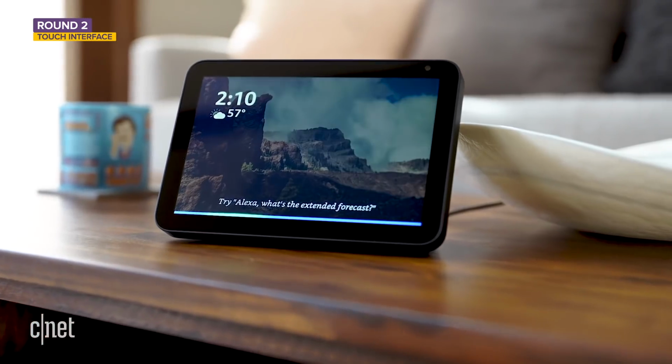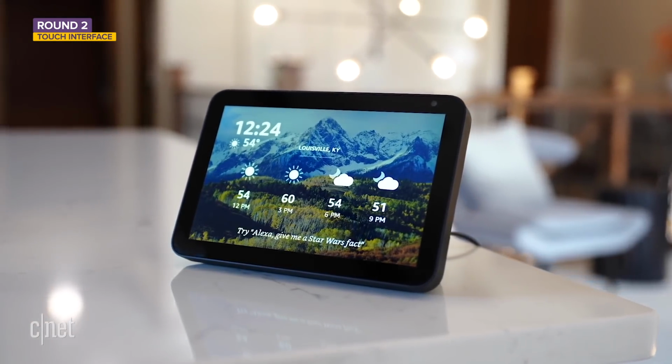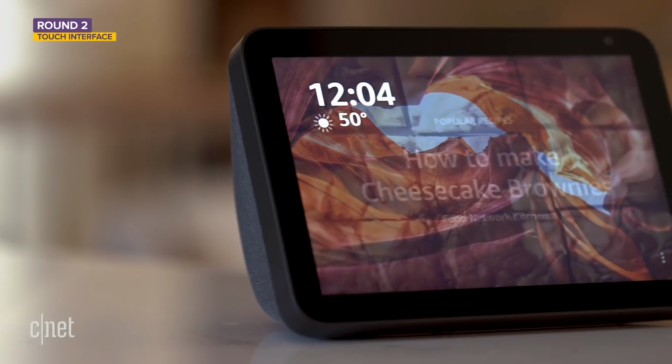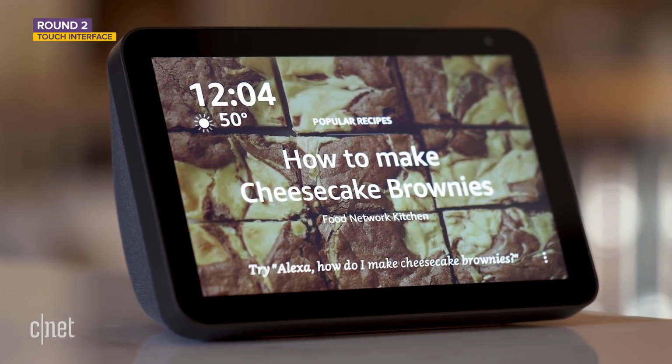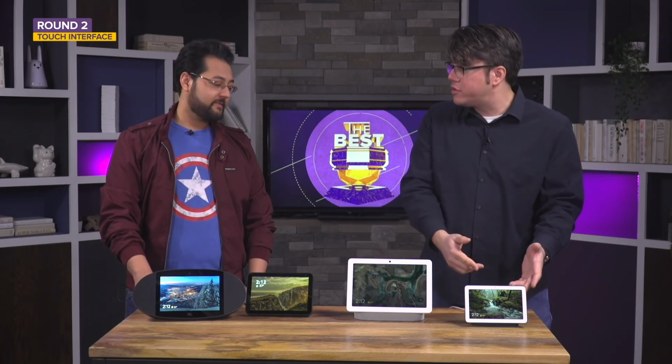the Amazon Echo Show, and it wasn't great. It was hideous. It was so, A, it was really ugly, and then B, the actual touch interface, there just wasn't a whole lot you can do. And Amazon's made a lot of really good strides here in recipe help and in showing you info when you ask about the weather or everything like that, thus the name. And so it's gotten a lot better, and it's closed the gap, because this was Google's first smart display,